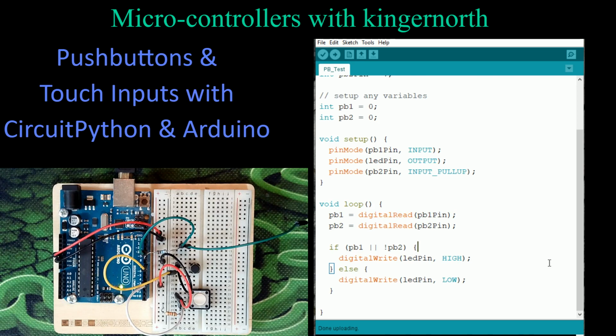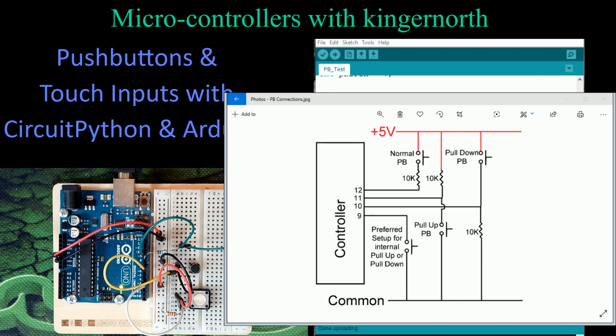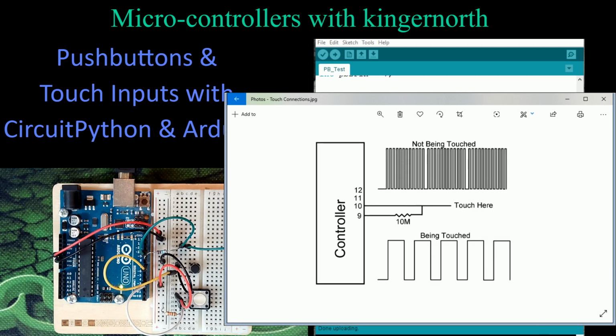There are two types of touch, capacitive touch and resistive touch. Capacitive touch is the common one. We can simulate capacitive touch within our program. So let me just explain with a picture here of what capacitive touch is. Let me go back to my drawings, and I'm going to switch to another drawing, and that's this one. So this is what a capacitive touch does, and it's a little bit different, and I need to explain this. So on the controller here,